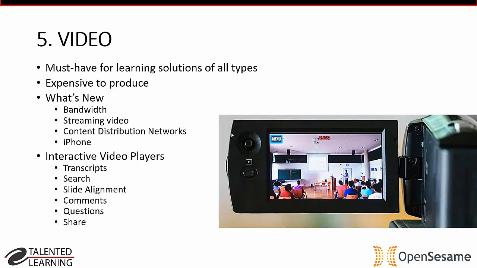So whether you are producing in-house or looking at an external vendor, there needs to be some sort of review process, and you should know what you're looking for ahead of time when reviewing a video before it goes out to your learner. The second thing to think about is features.